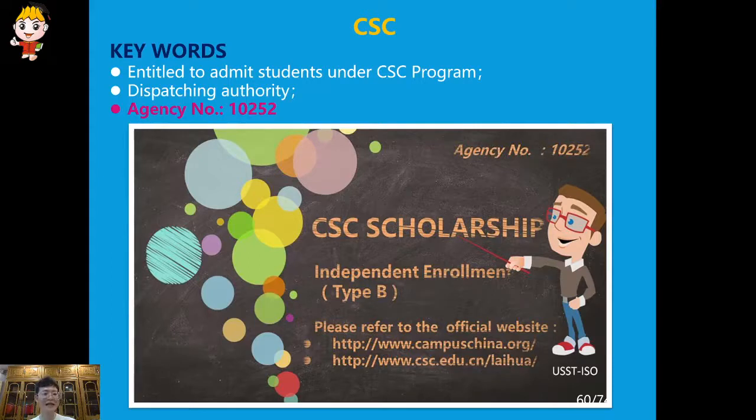Our university name is University of Shanghai for Science and Technology. We're entitled to admit the students on the CSC program. Okay, and dispatching authorities. Right now, you can check the interactive column of the concept of a dispatching authority. You can read fully the concept in English later on.